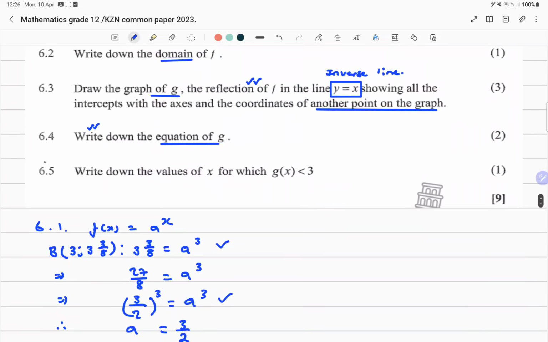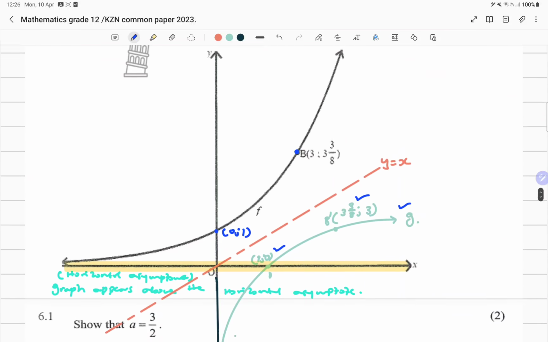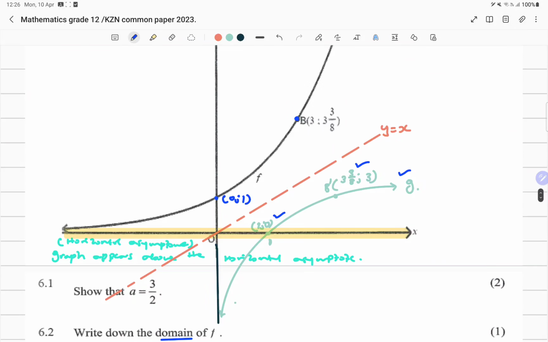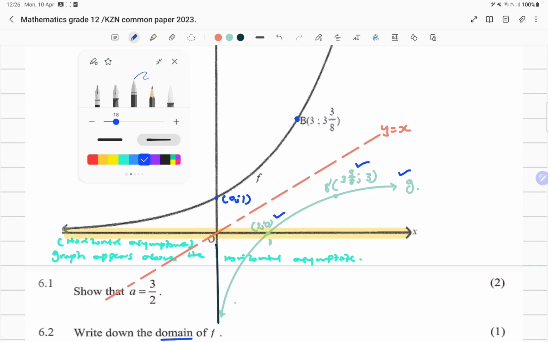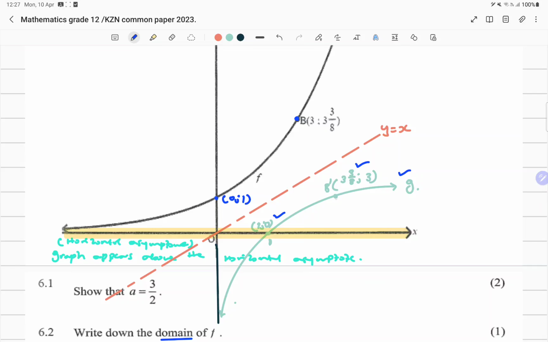Next, write down the values of x for which g of x is less than 3. Okay, now look at that. If you focus on this portion of our graph, okay, and you focus,